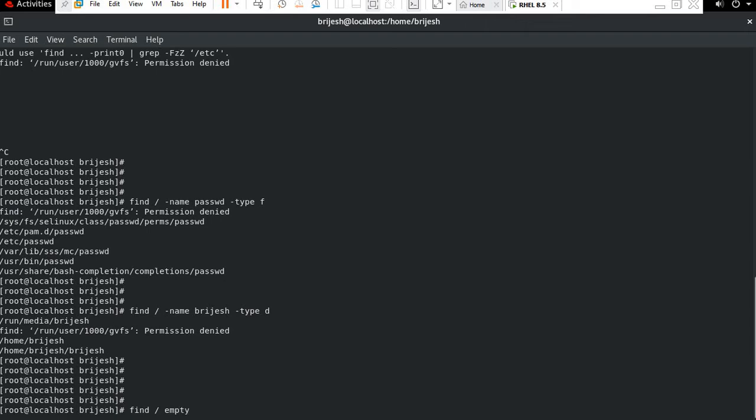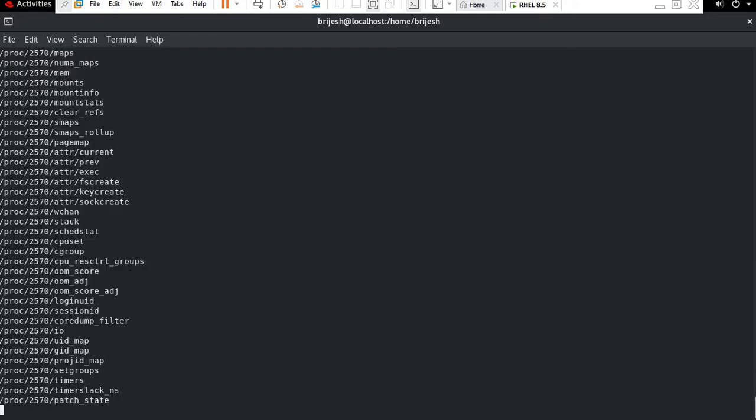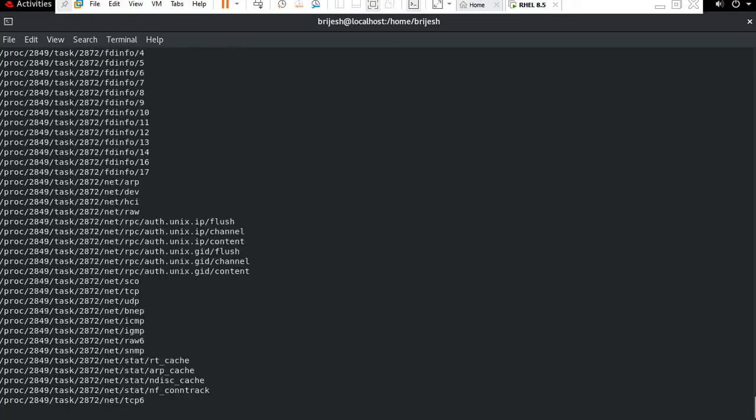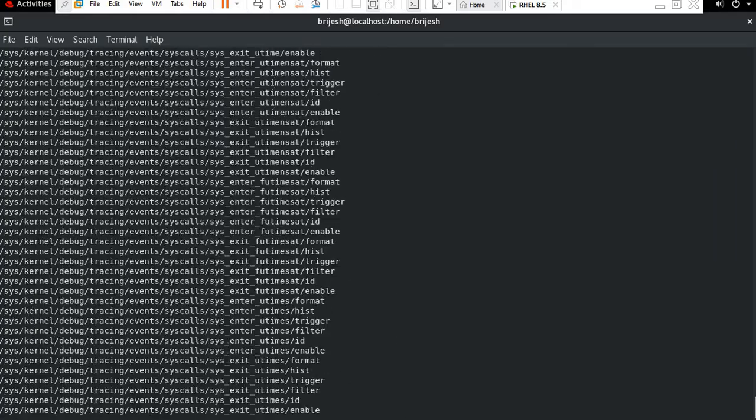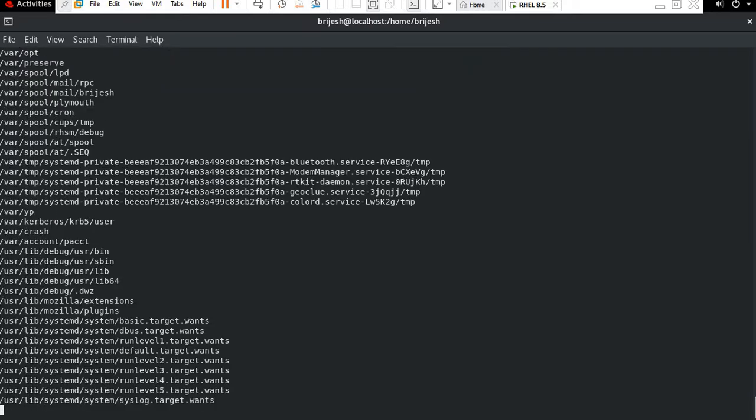Okay, oh sorry guys, we have to press hyphen, also hyphen empty, then it will be able to find. Then press enter. So you can see all the empty files and folders through this command.